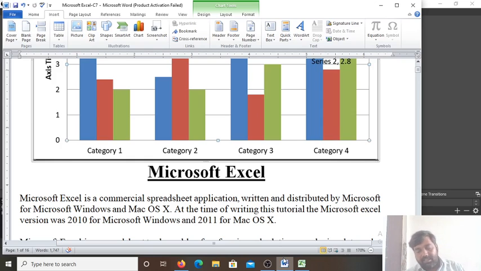We are using the sample data. As you can see in your book in the figure 7.32, a table is there in which four columns are there. First column is the name of the student, second column is the marks of English subject, third column is the marks of Hindi subject, and fourth column is the total marks of both subjects, English and Hindi. So with that information we can create the chart. In the next class I will show you how to create a chart with the help of the given table, and different types of chart also we will study in the next class, like the bar chart, column chart, line chart, area charts, XY chart, pie chart, and how we should create a chart in Excel.